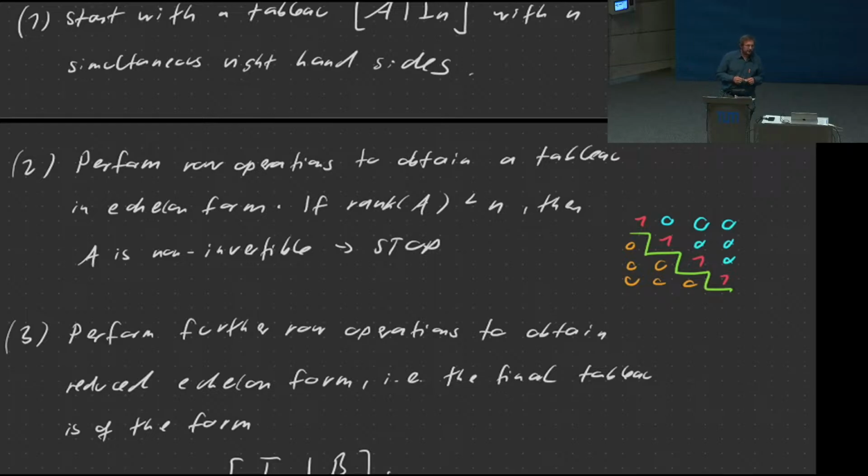And if you have a form like this, you can just read off the solution, because solving an equation like this is very easy, right? So xn is just the right-hand side, x3 is equal to the right-hand side, x2 is equal to the right-hand side, x1 is equal to the right-hand side. The other variables don't play a role in each of these equations anymore. One equation per variable, right? Simplest thing you can get. And as we want to solve n equations of the same type, it pays off to do this extra work.